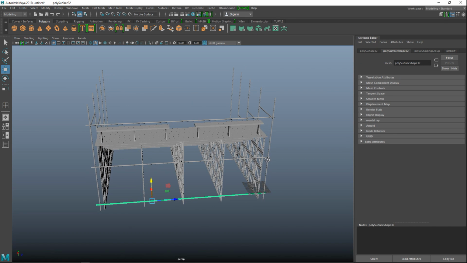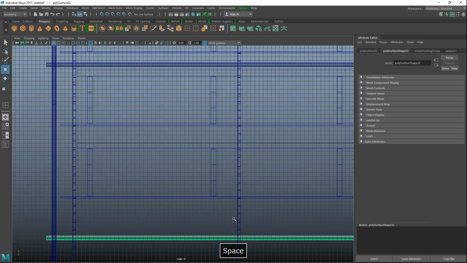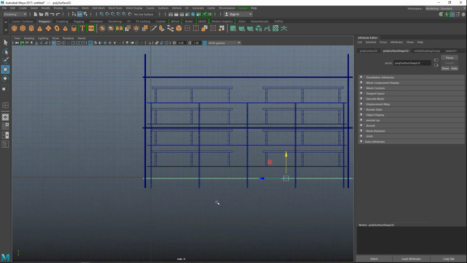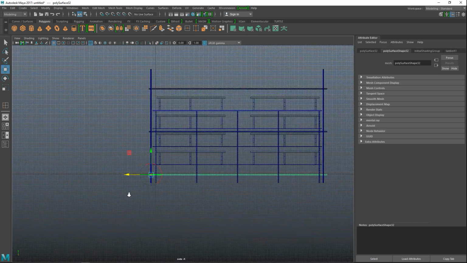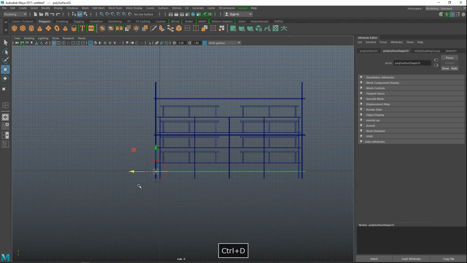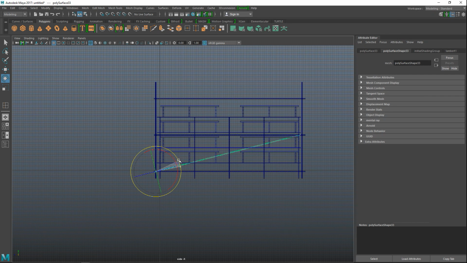Okay, and then with that one selected, we're gonna move the pivot point. So we're gonna go to this view, we're gonna hit the Insert key, and we're gonna move that to where it's crossing that vertical pipe.